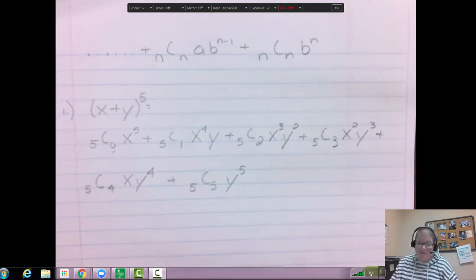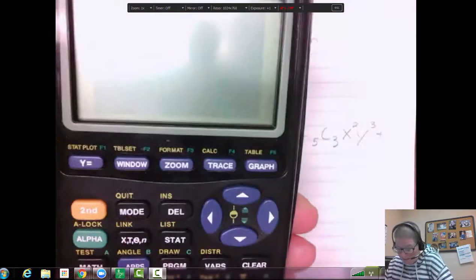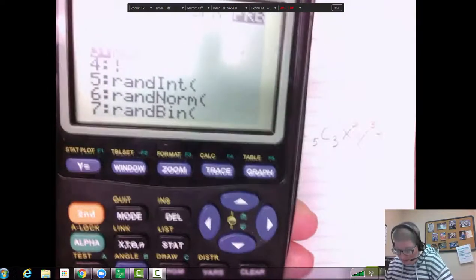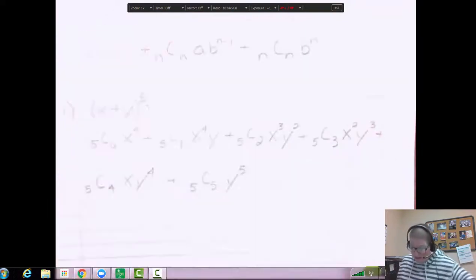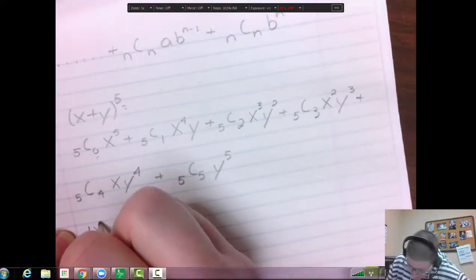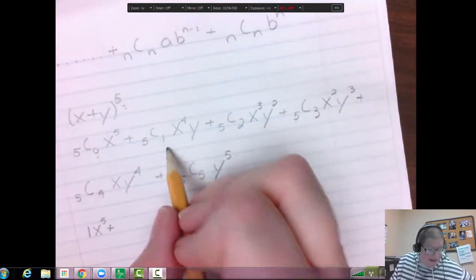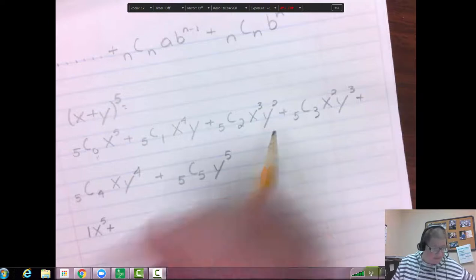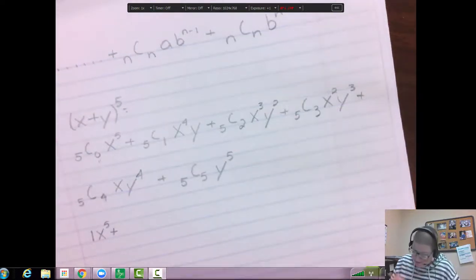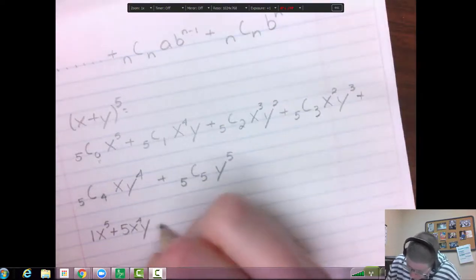Pascal's triangle. So 5 choose 0. Well, what is 5 choose 0? It is 1. And you could use your calculator, but that one's pretty easy. 5 choose 0 is 1. Okay, so my first term is going to be 1, x to the fifth, or just x to the fifth, plus, okay, 5 choose 1 is 5. Okay, so 5 choose 1 is 5, and then you're going to have x to the fourth y,